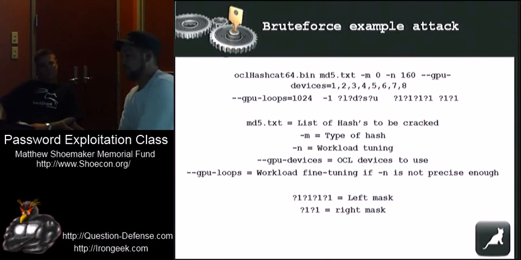Hashcat's philosophy on the left and right side is really cool, because you can take the same word list and put it on the left side and also the right side, and now you have words that you wouldn't have necessarily thought of in a dictionary, because it's combining every word on the left side to the right side. You can also take a word list and just add, say, 4 digits to the right side, or you could prepend those 4 digits and do 4 digits in the beginning of every word. Somebody might use their birth date or something like that.